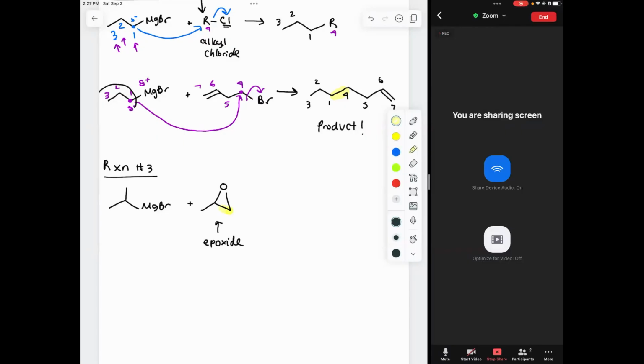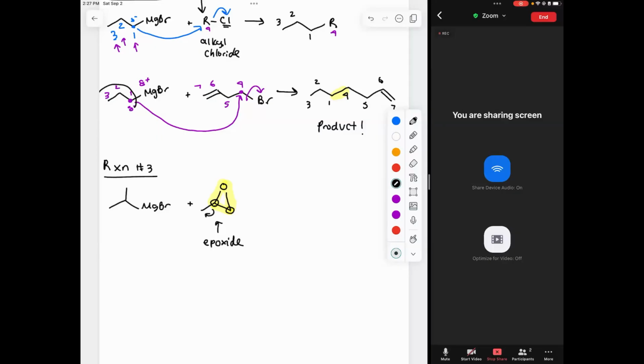Anytime you have a carbon bonded to a carbon, and both of those carbons connect to the same oxygen, it kind of looks like a triangle with an O at the top. That's an epoxide. Okay. So notice that this epoxide is not symmetric because this side has this methyl group branching off,